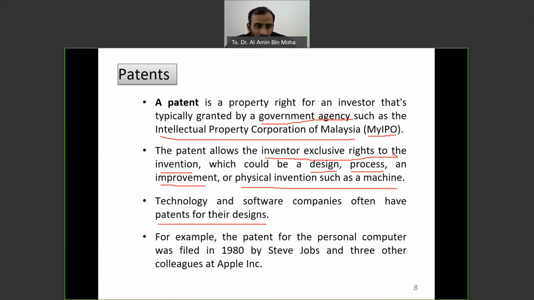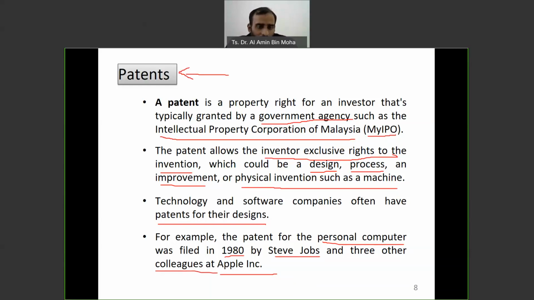For example, the patent for the personal computer was filed in 1980 by Steve Jobs and 3 other colleagues at Apple Incorporated. So basically, it doesn't matter who develops or innovates something first, but in order for us to be secured by a patent, what matters is who first registered.